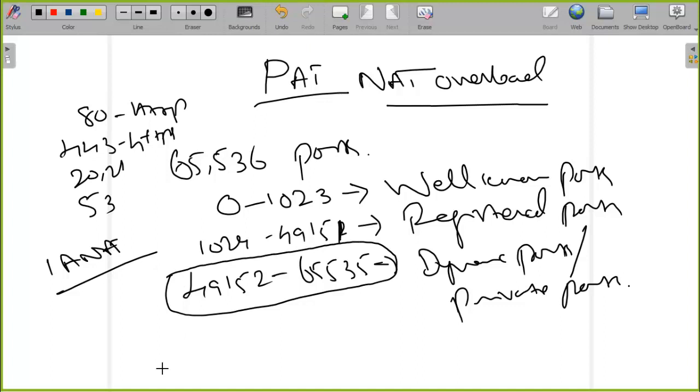Whenever you are trying to access any website or anything on the internet, your computer is going to make use of only these ports. I will show you how this private port works. For example, let us take a computer, let us take your PC. Let us assume that this PC is trying to access